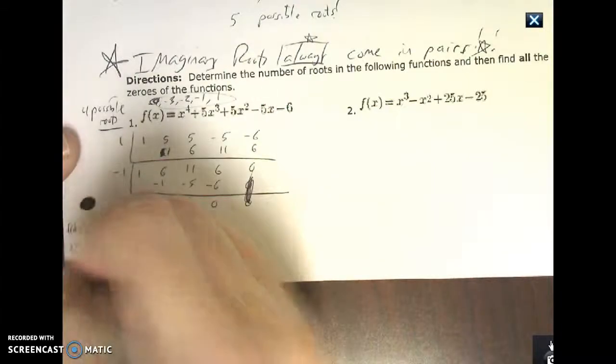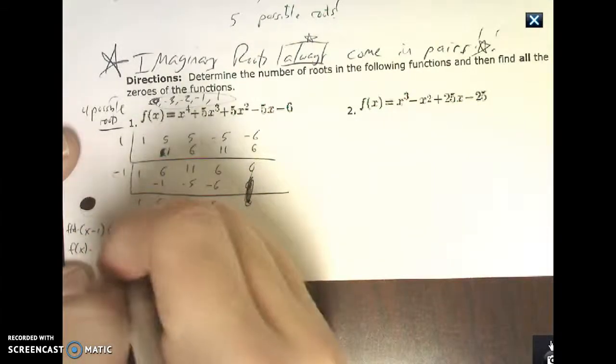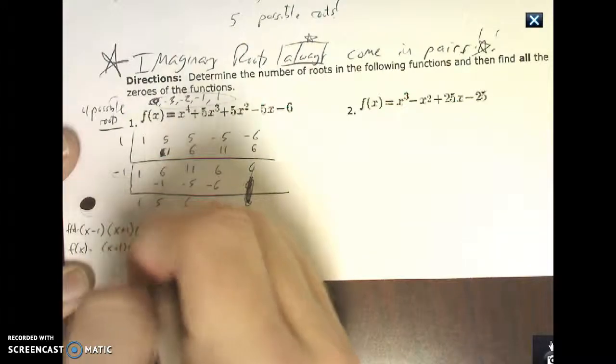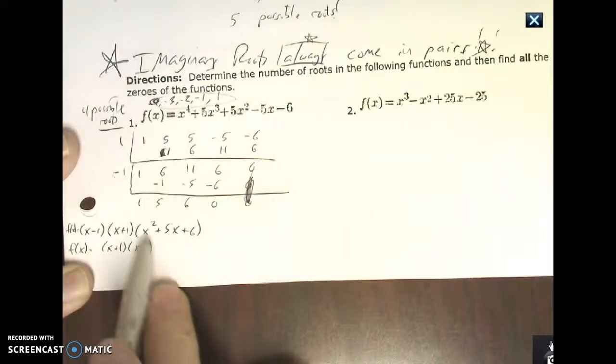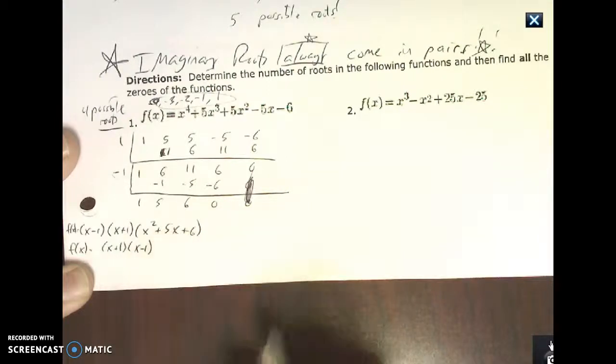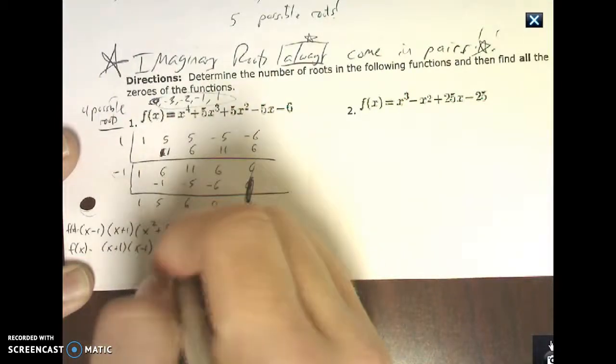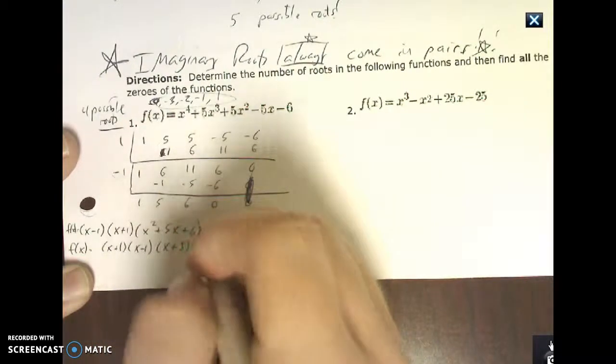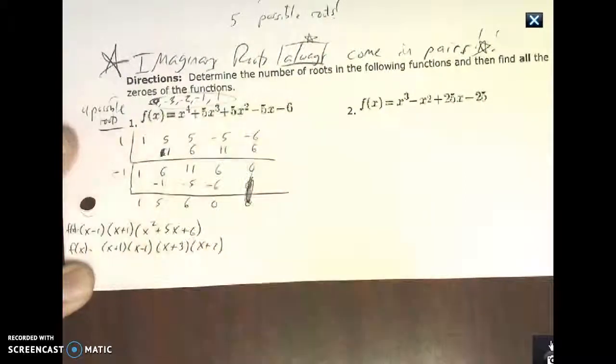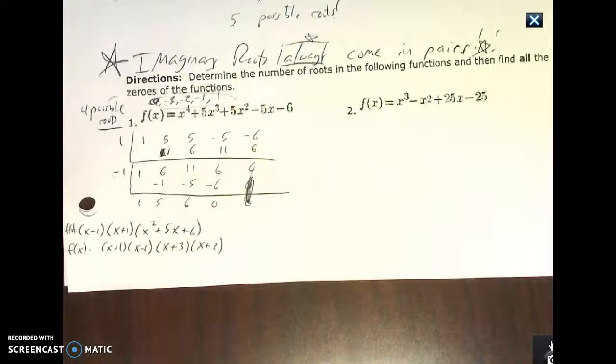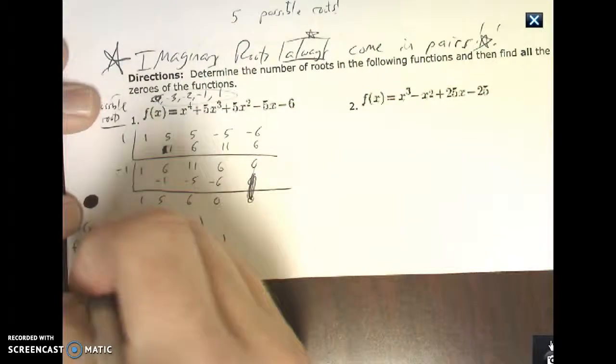Now, I'm going to factor this last and final one. Sorry, I switched them up. I just wrote the plus first. If I factor x squared plus 5x plus 6, I get x plus 3, x plus 2. Now, what you've just done is, if I set each of these equal to 0,